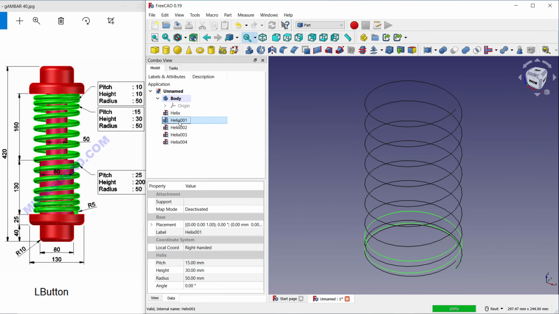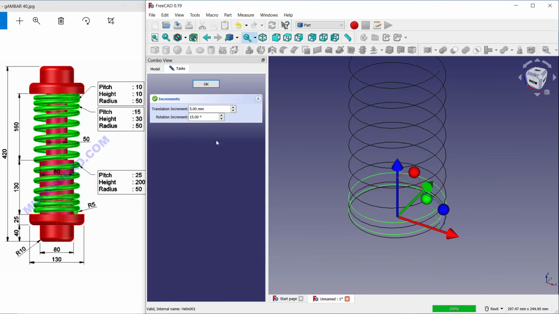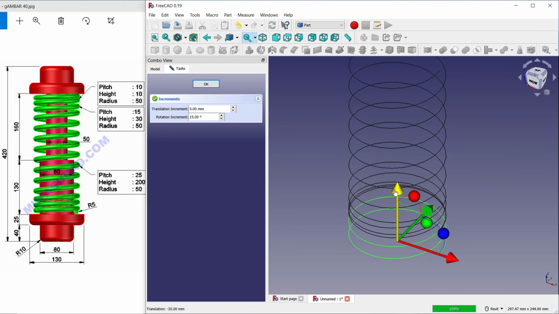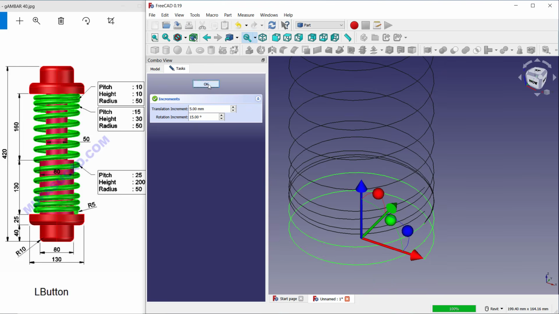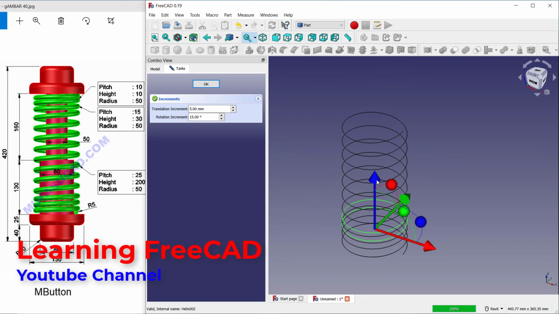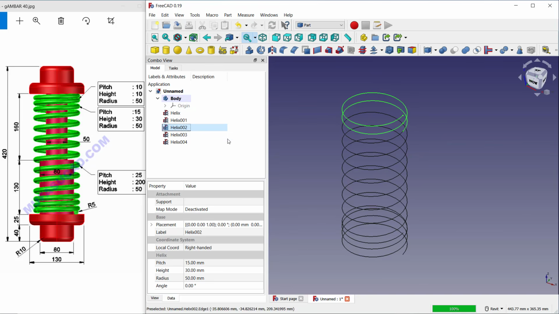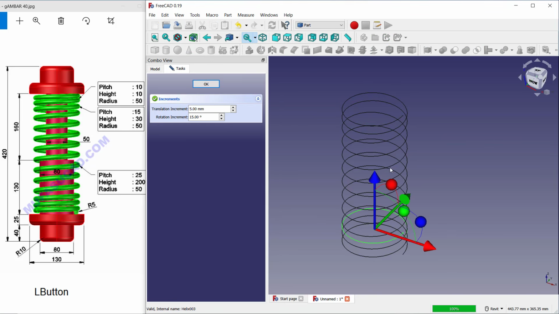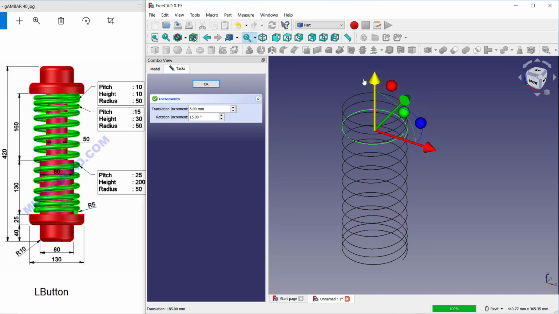You can select a helix, right click and use transform. We can move it to the bottom here. For the increment I will set 5, and you can move it until the helixes connect. So you can zoom in, and it will connect here. Click OK. We move helix 2 again, click transform, and you can move to the top. Click OK. Next helix 3, we move to the bottom here. And the last, helix 4, you can move to the top.